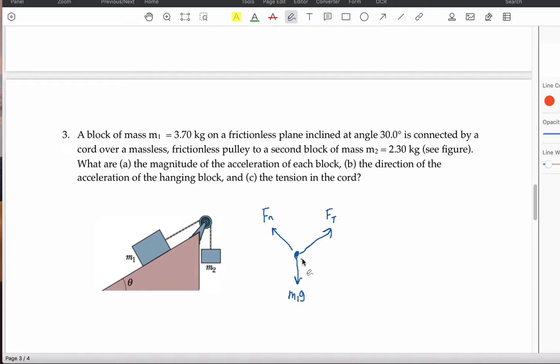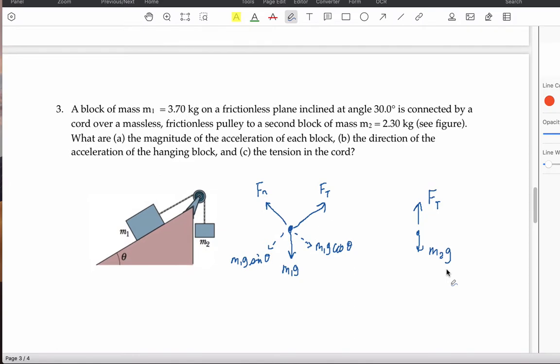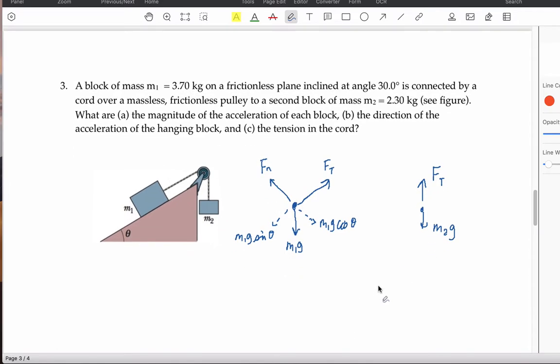Let's split this into components. So we're going to have m1g cos theta and m1g sine theta. And then for m2, we have a tension force pointing up and its weight pointing downwards. Okay, so let's go ahead and set up